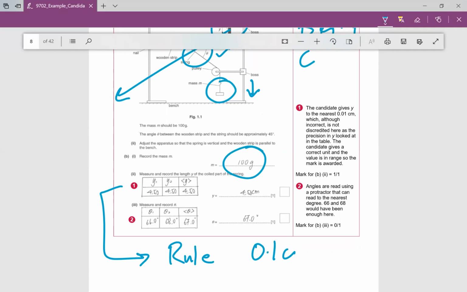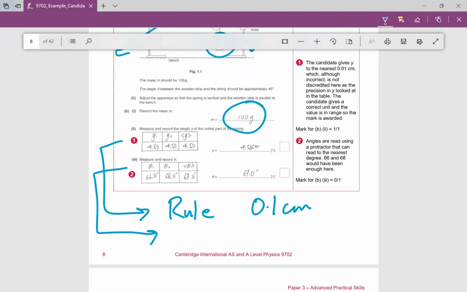The angle is always measured using a protractor, and here's the interesting part. The protractor has a smallest unit of 1 degree, which is why, when you look at these readings, the number one problem is that the person has written the reading as 4.50 centimeter. Why this is wrong is because the